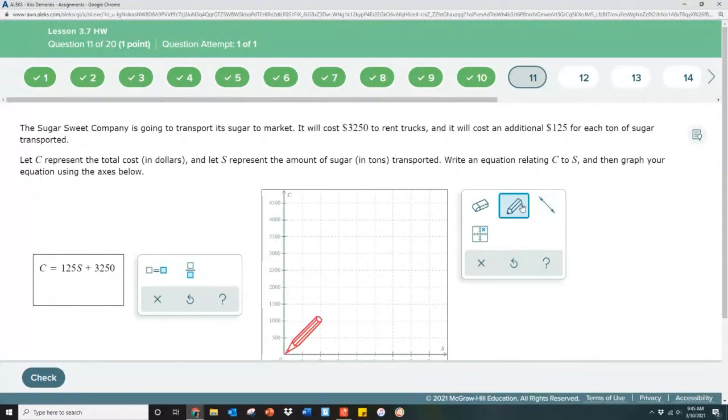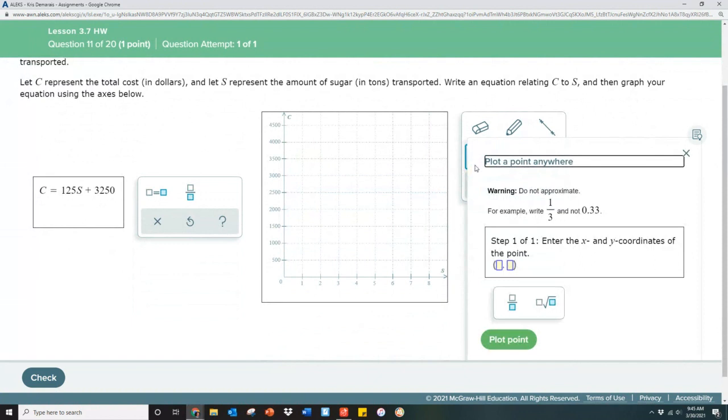So now graphing that, we start at $32.50, so it looks like we need a coordinate point. So we need to plot a point anywhere. The coordinate point that we need is 0 and then $32.50. We need the x to be 0, and then it's going to be $32.50. Plot that point, and that's what we needed. All right. I'm glad to be able to show you that, because you wouldn't have been able to do it